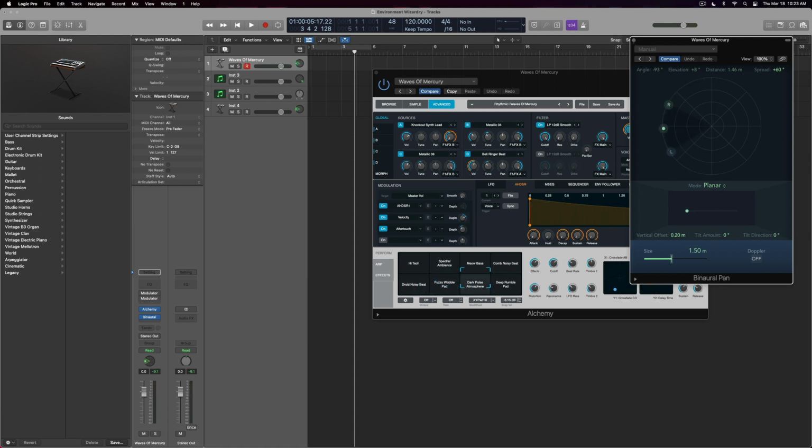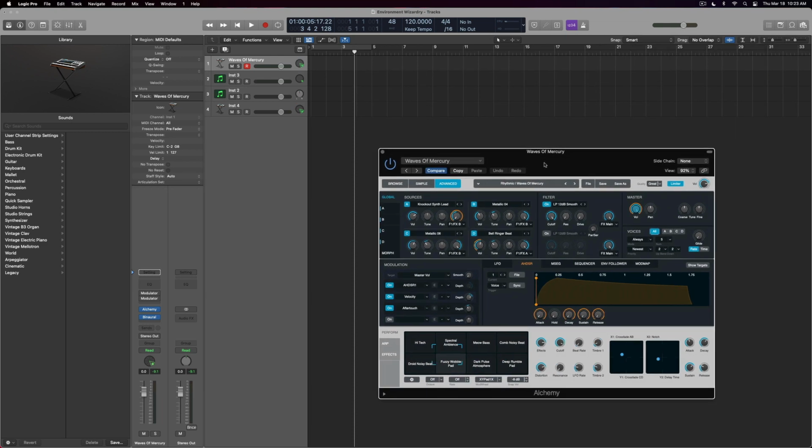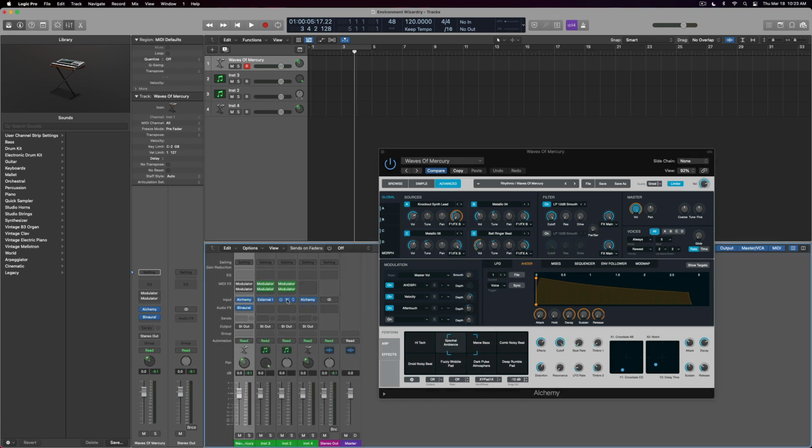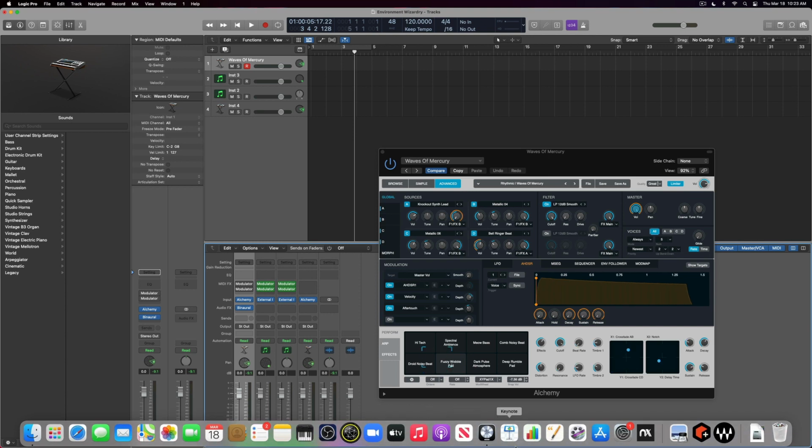Hope this all made sense. I hope I explained the key elements well enough for you to recreate this. I think the only other thing that I would go back and show you one more time is just the MIDI destination, IAC driver. If for some reason you don't see that,